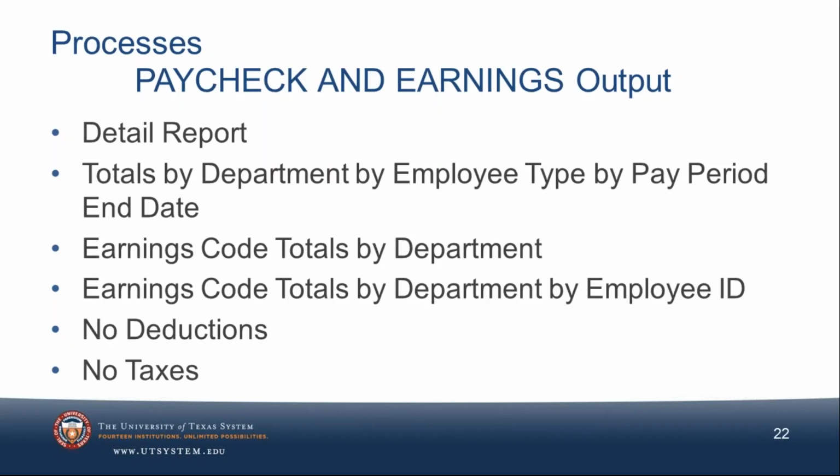Then we also have no deductions and no taxes, and those are both possible indicators of fraudulent activity. However, with no taxes, student workers don't have taxes taken out. I believe there are foreign workers that don't have taxes taken out. There are definitely perfectly normal, perfectly reasonable reasons why somebody wouldn't have taxes out, but it is considered a red flag, so it's something that we can look at. And same idea with no deductions. Generally, everybody's going to have some kind of deduction, but again, there are, of course, cases where that's not the case.